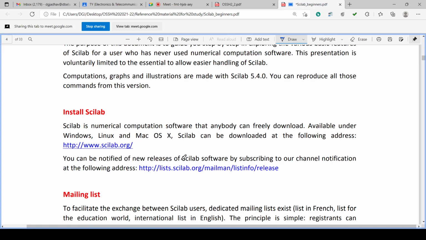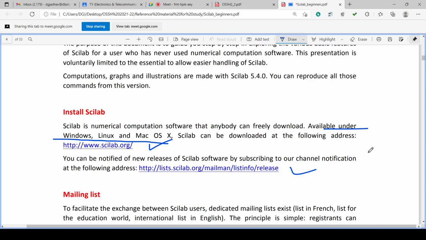Scilab we can download from this. It is open source software. It is available for Windows, Linux, and Mac OS. For all the three operating systems, it has a software package of Scilab. For Windows, you have to download the Scilab which is useful for installing into Windows.